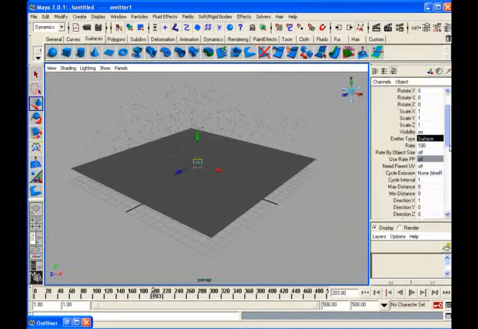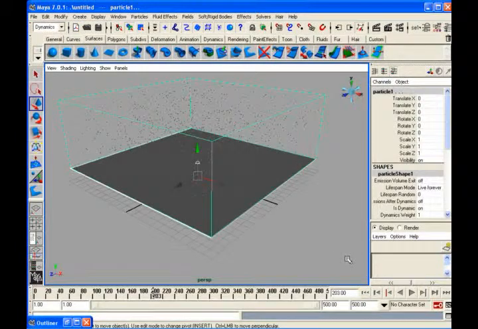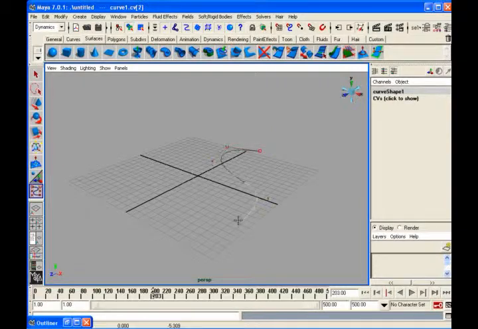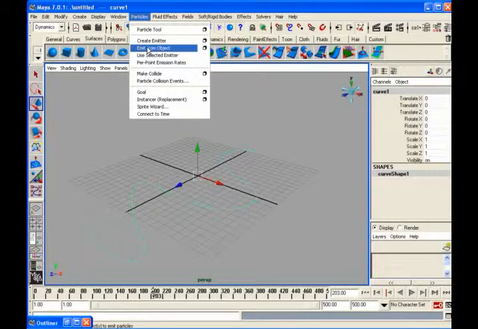So if I say create CV curve tool and take the curve, enter, select and say particles, emit from object. What is happening? It's emitting. Once again each control vertex is emitting each particle. So once again omni. So if I select the emitter, once again outliner, emitter, you can change them into